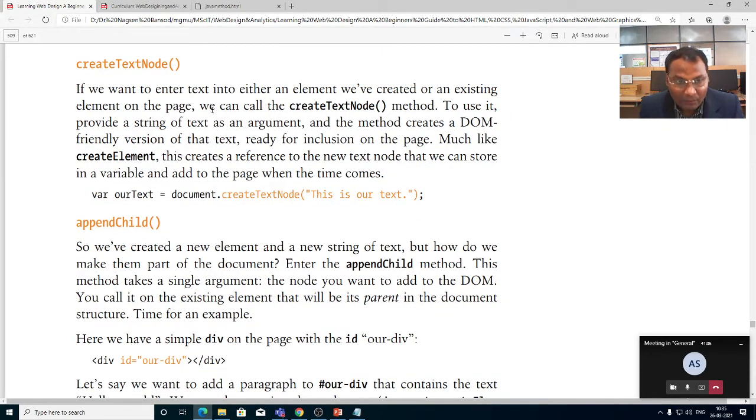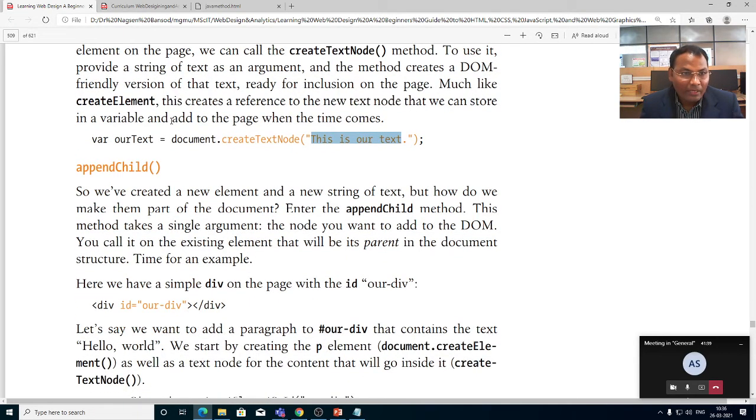If you want to create text, either in an element we have created or in an existing element on the page, we can call the create text node method. To use it, provide a string of the text as an argument. Like this, the string we are providing as an argument to this method, and the method creates a document object model friendly version of that text, ready for inclusion on the page. This creates a reference to the new text node that we can store in a variable and add to the page when the time comes.